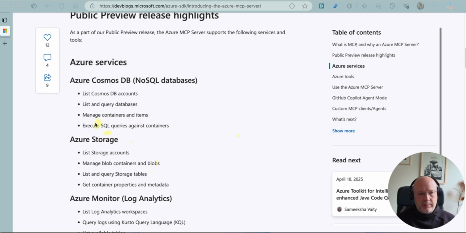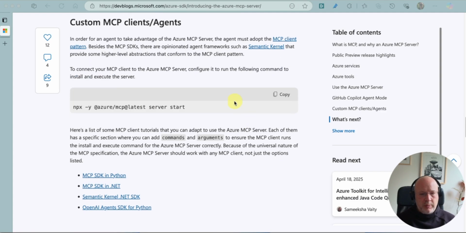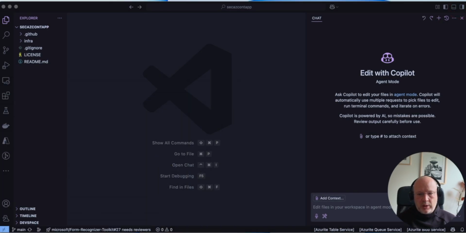in a pet project that I am doing, I'm using Cosmos DB, so it would be nice to see if it works. How to install is pretty easy. Just come to this place and copy this command. That's the only thing you need from this block, which will be linked also in the video. And now we come here to